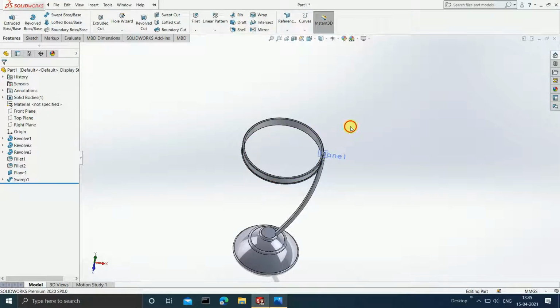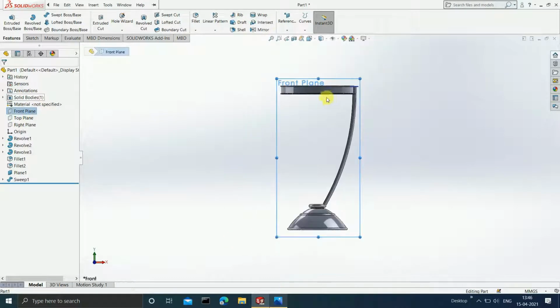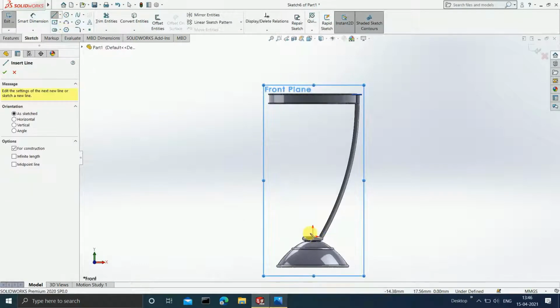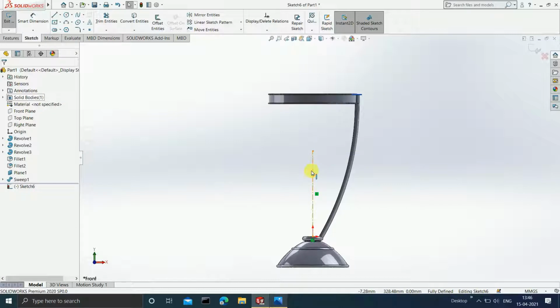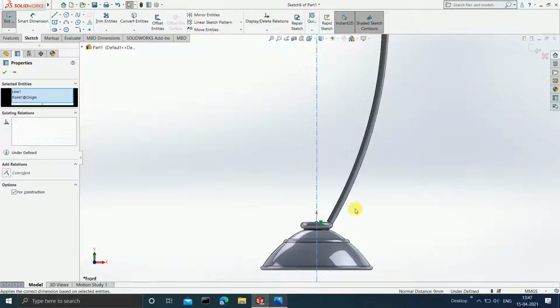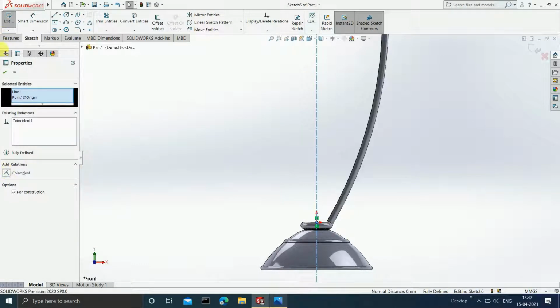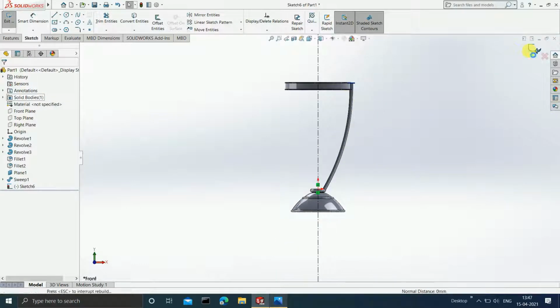So for that, what you have to do is that you first have to sketch a center line. So I'll go to front plane, press Ctrl 8. After that, you have to sketch on it, and you have to sketch a center line. Click on escape and make this infinite length. And once you're done, then you can click on OK, and make sure guys that this line is always coinciding with the origin. So select this line, select this point and click on coincident. Okay, now once this is done, just end your sketch over here because we are going to use this line as our reference geometry.